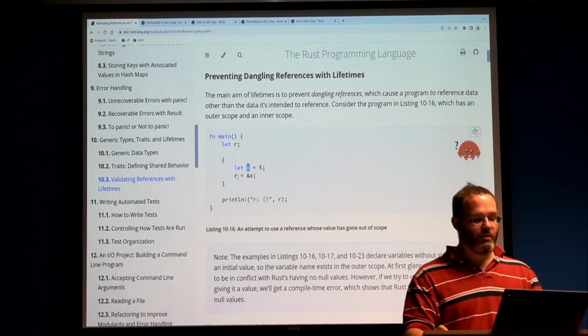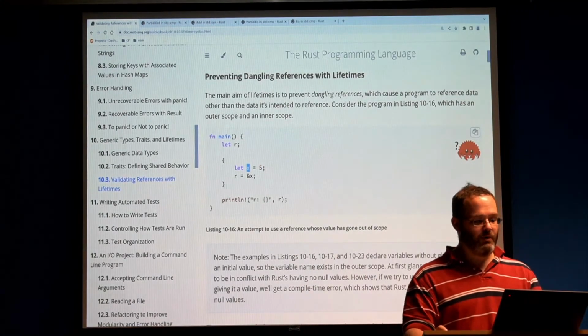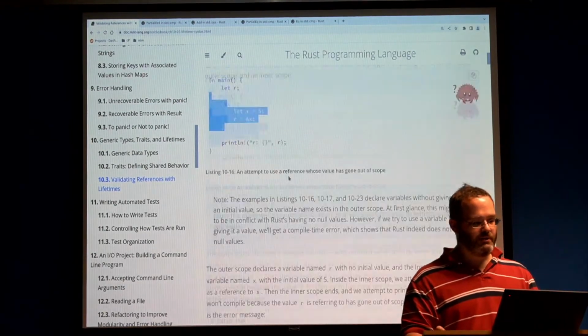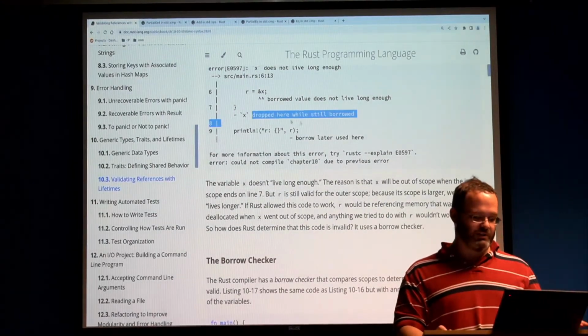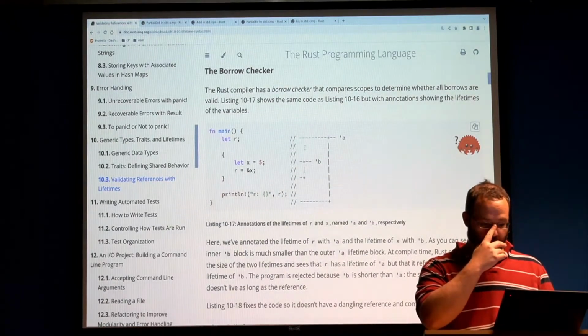Yeah. So R can't borrow X because what owns this 5 is X, and it doesn't live long enough. When this goes out of scope, then X, which owns the 5, will call the destruction, the drop, right? That's the reason. And here's where it actually tells you that. Dropped here, less than 1. So let's put it right in the face. Now,